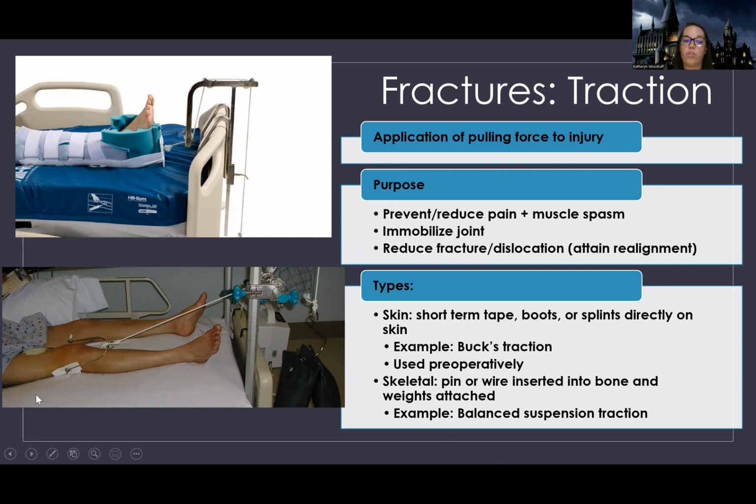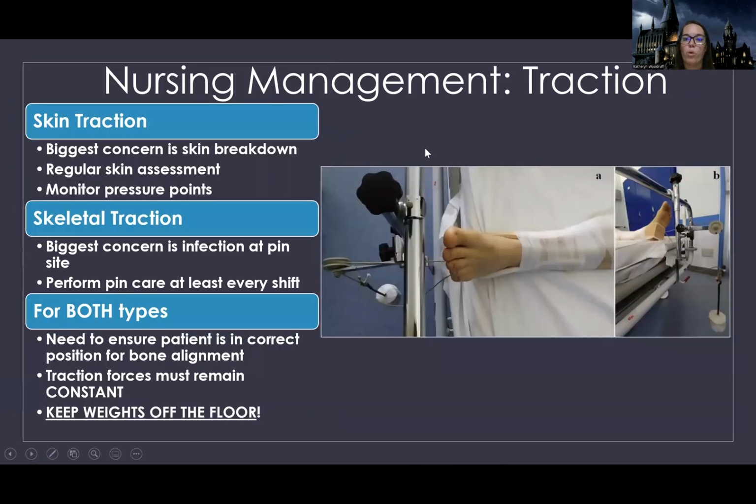And then there's also skeletal traction, like down here, you can see that there's actually pins going into this person's bone. And this is also what's known as balanced suspension traction. So what's my role as the nurse for this? Because remember, I'm not the one placing the traction, but I'm the one managing the traction when the doctor's not there. So if I have a patient that has skin traction, what I'm going to be focused on is skin